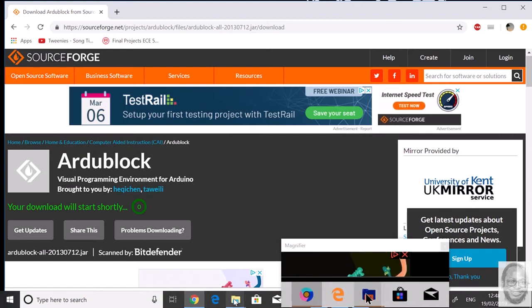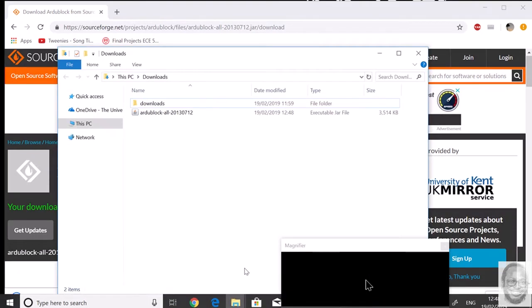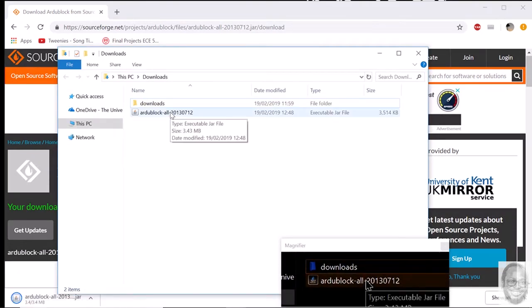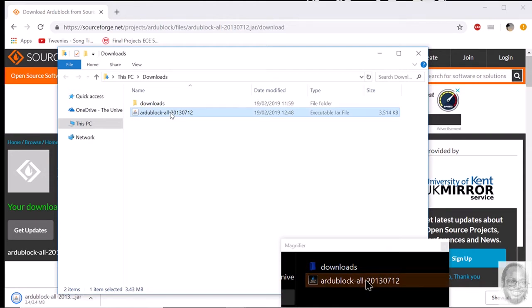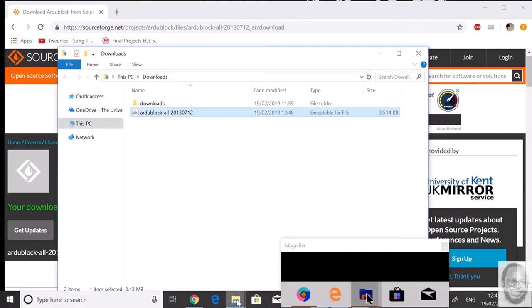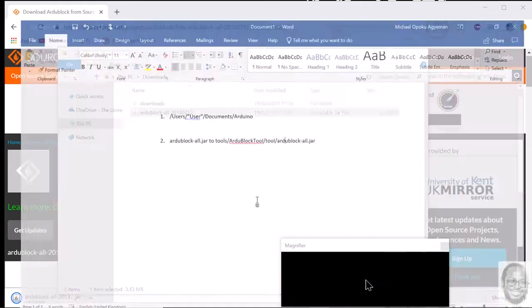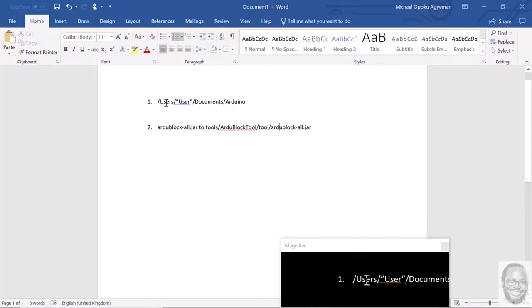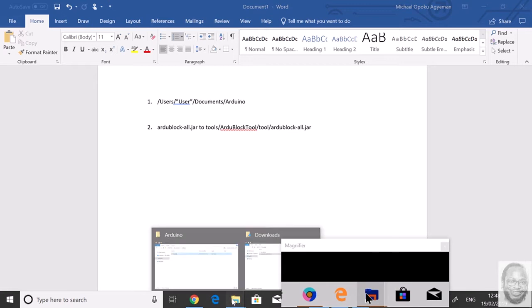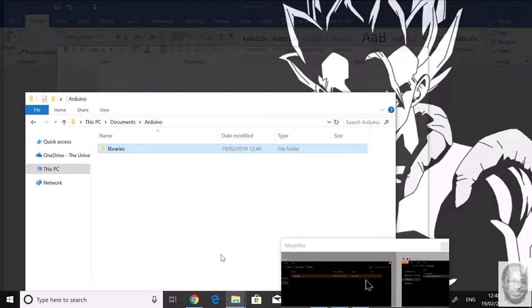So if you go to your downloads folder, I've got my download folder up in there, and that's it downloaded for me. You want to copy this file. Now what you want to do is two main links we need to follow. The number one is go to your users. You've got your username, or you got documents and Arduino, which simply is your document folder, and you look for